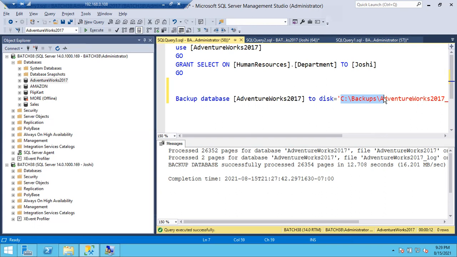Imagine someone added some records during this 1 hour, on some tables in the same AdventureWorks database. So my question is, can we get those records in the current full backup file? The backup starts at 10 o'clock and is going to be completed by 11 o'clock. Someone added some records at 10:30. Can we get the records in the 11 o'clock full backup, or not? This is the assignment question.